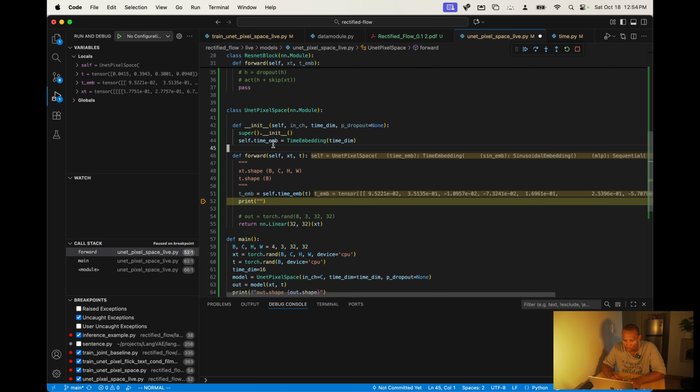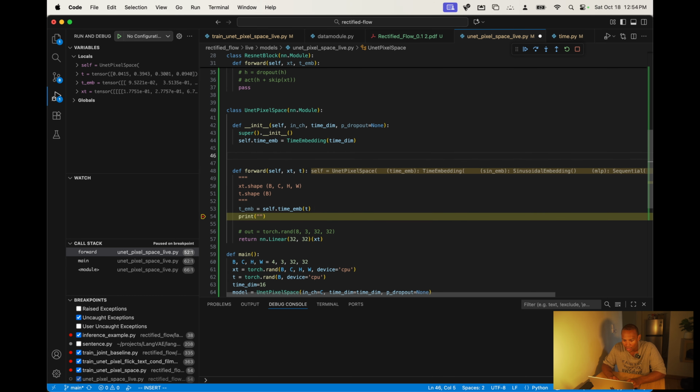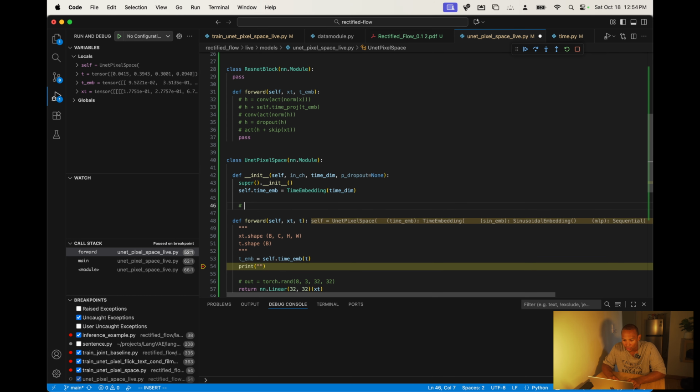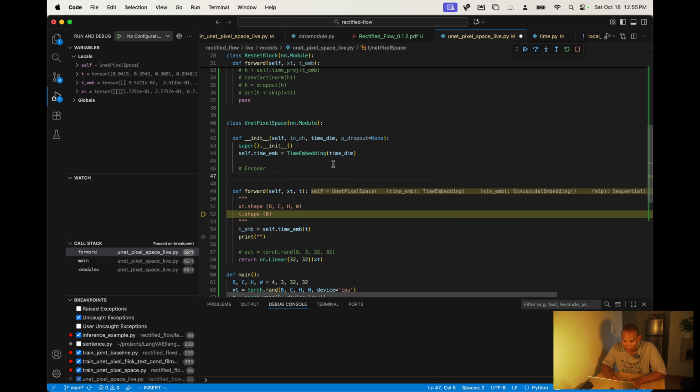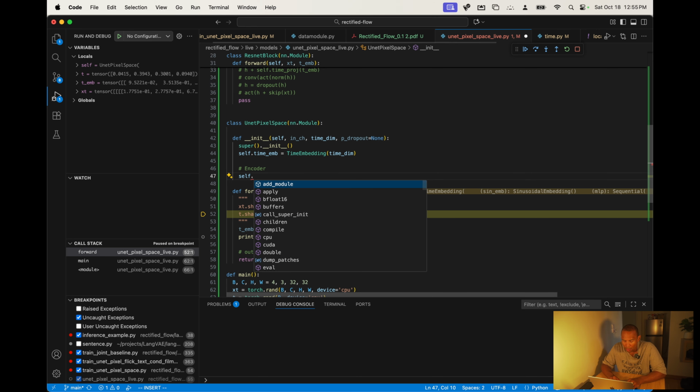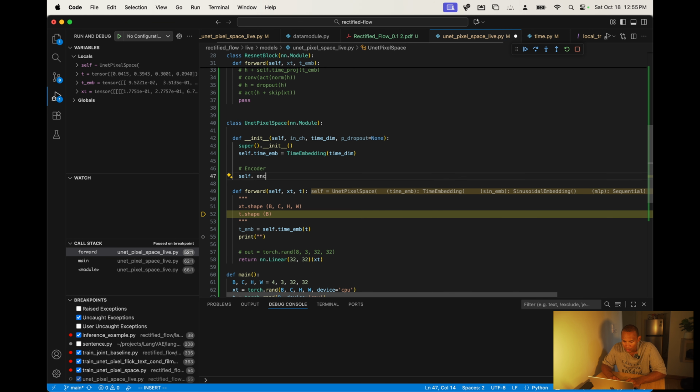So what do we want? We want, okay, we have our time embedding. Now we want to create the encoder. Okay, so we're going to do, what do I want to call this? So let's call this